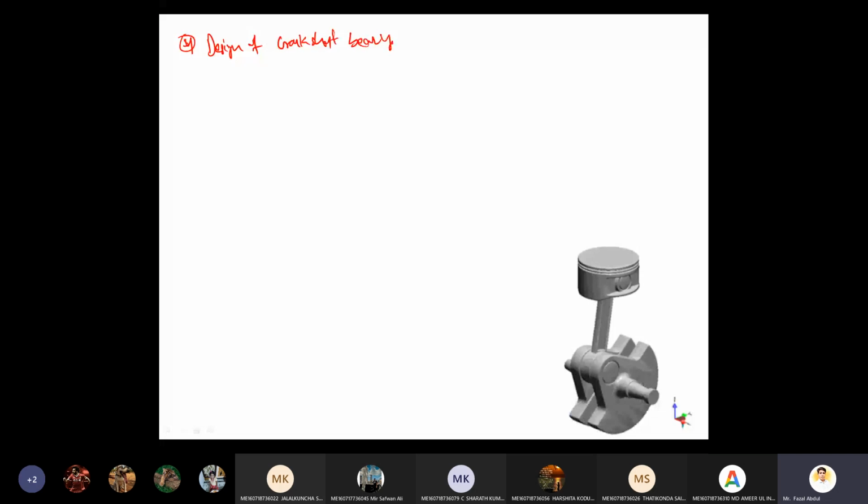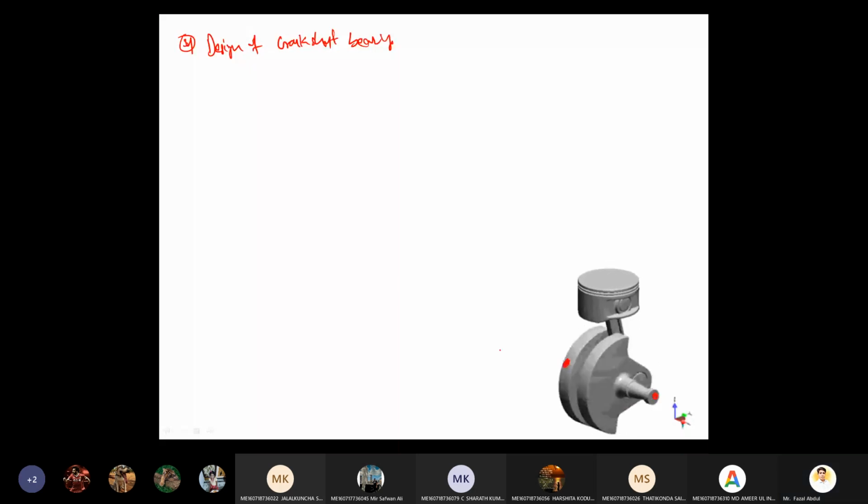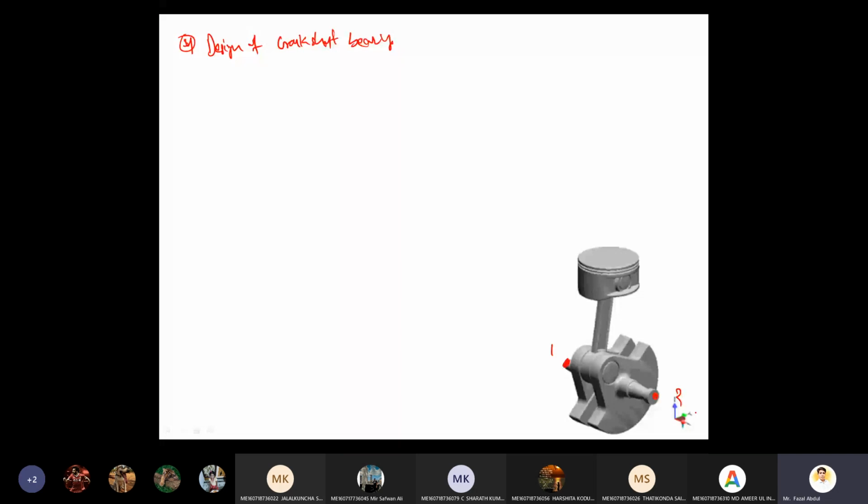Since here there will be two bearings, here one bearing is there. The bearing 2 is mostly loaded with heavy load because there will be a flywheel and there will be a belt tension, isn't it? Only these bearings we are going to check for the bearing pressure. So suppose this is bearing 1 and this is bearing 2. There is a possible location for the flywheel, and the belt tension is provided here.